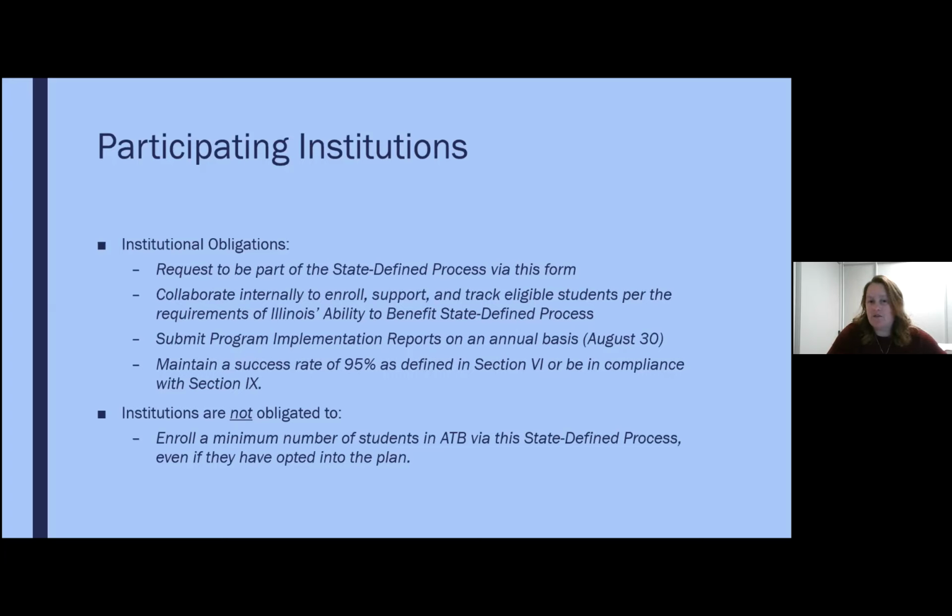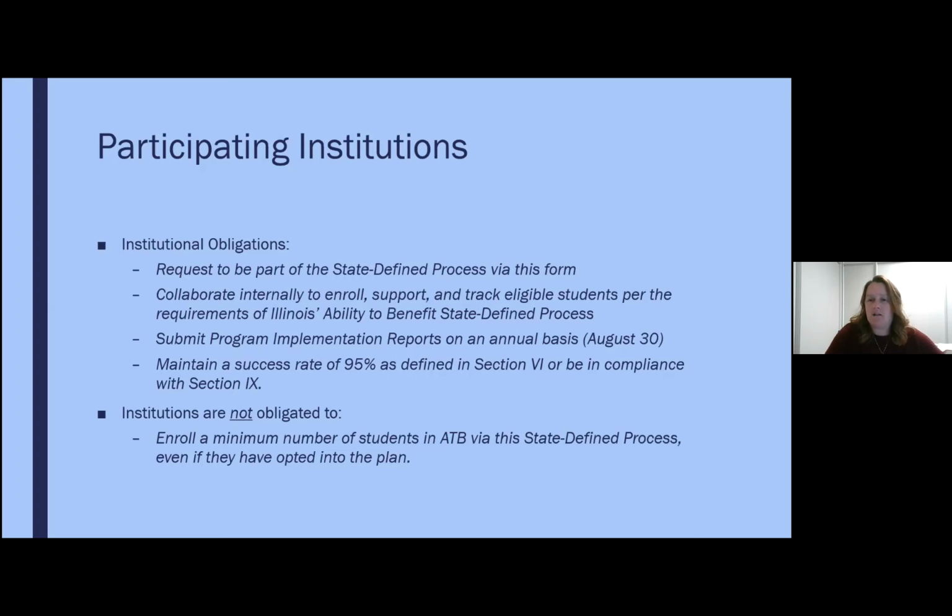So, of course, we have to do reporting. We have to document all of this. They will be 1-year annual reports. We're not doing it quarterly, so they'll be due August 30th. Maintain a success rate of 95% as defined in Section 6 or be in compliance with Section 9. A couple of different places that you can check into, but there's a success rate requirement that we have to build in. Now, institutions are not obligated to enroll a minimum number of students in ATB via the state-defined process,